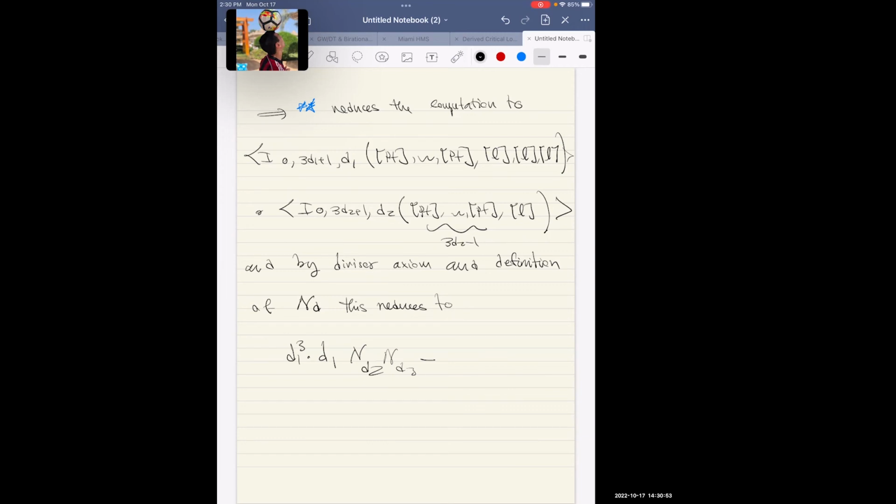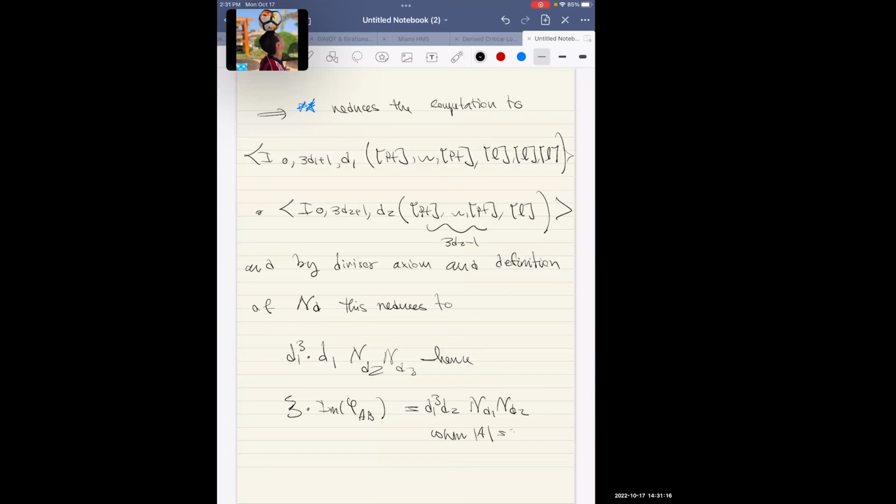This reduces to this number basically. Hence, C times the image of V_AB is going to be d1 cubed d2 and d1 and d2. That's it,